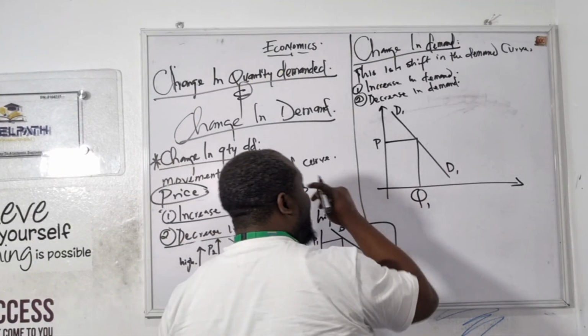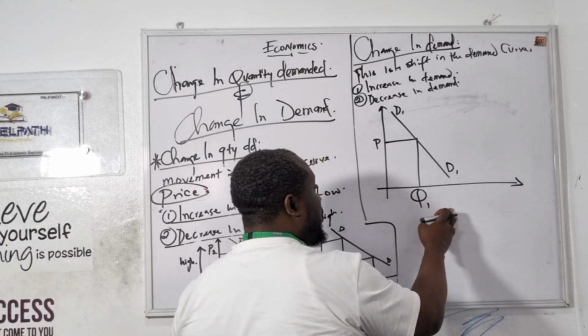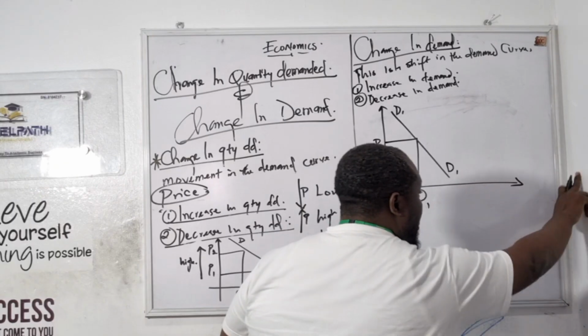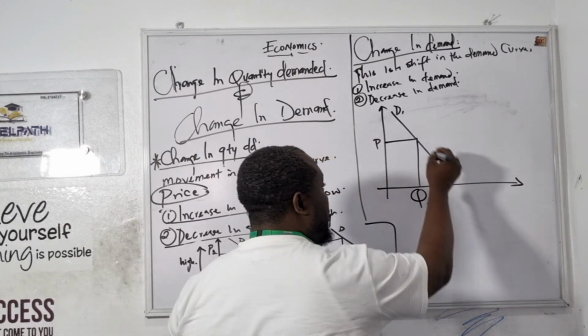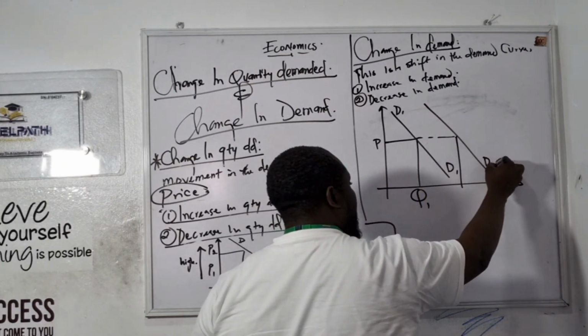Now, when his salary is increased to 1 million, his demand will increase, meaning his demand will move forward. So this is now his new demand